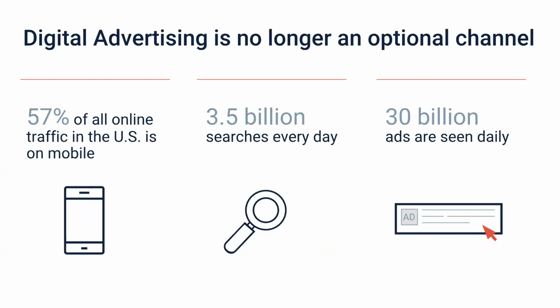So it's important that you're online. It's important that the information is available to your consumers when and where they want to consume it, especially considering the volume. 3.5 billion searches are completed every single day across Google, specifically for the real estate vertical. So you're going to have 3.5 billion people searching for your products and your services every single day. Further, 30 billion ads are served every single day for real estate searches. That's a really insane number when you think about that.